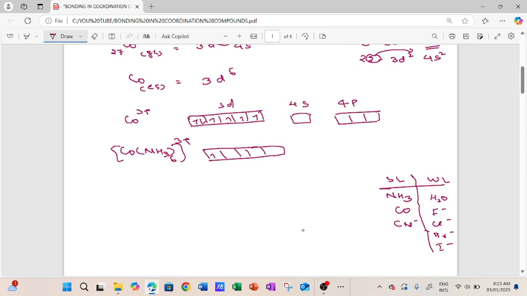So we have to do like this: 1, 2, 3, 4, 5, 6, so that you are getting 2 empty d orbitals. 4s and 4p, same way you draw as empty. This is the second step. Now in the third step,